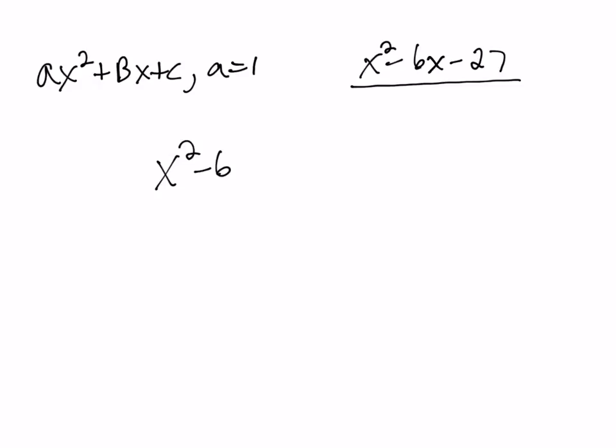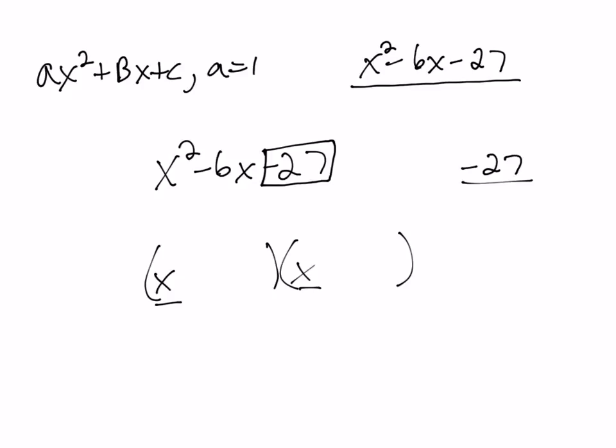To factor this, we first think about the fact that because the leading coefficient is just 1, to get x squared the only option is x times x. So every time we have a quadratic trinomial that is just x squared, we can start right away by putting the x and the x into the two sets of binomials. Then we look at the c term. The c value here is negative 27, and we ask ourselves, what multiplies to negative 27